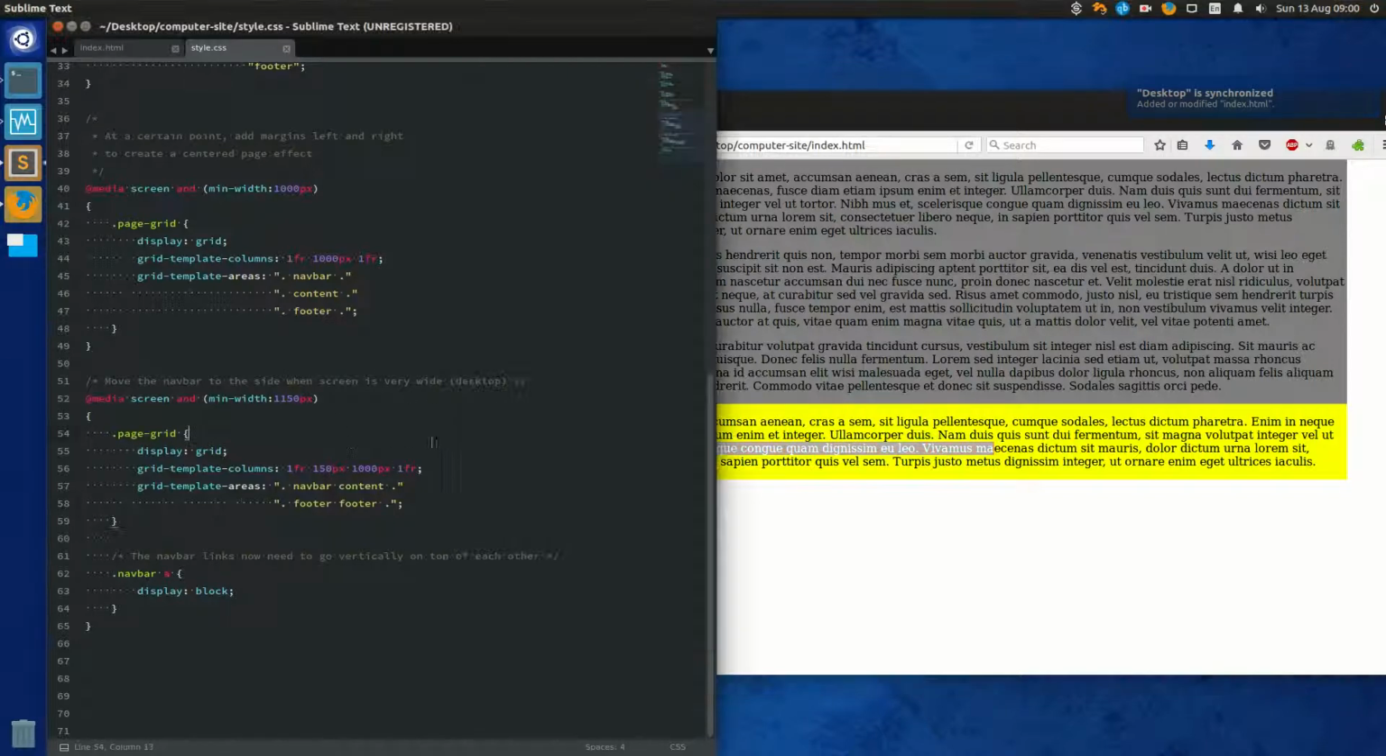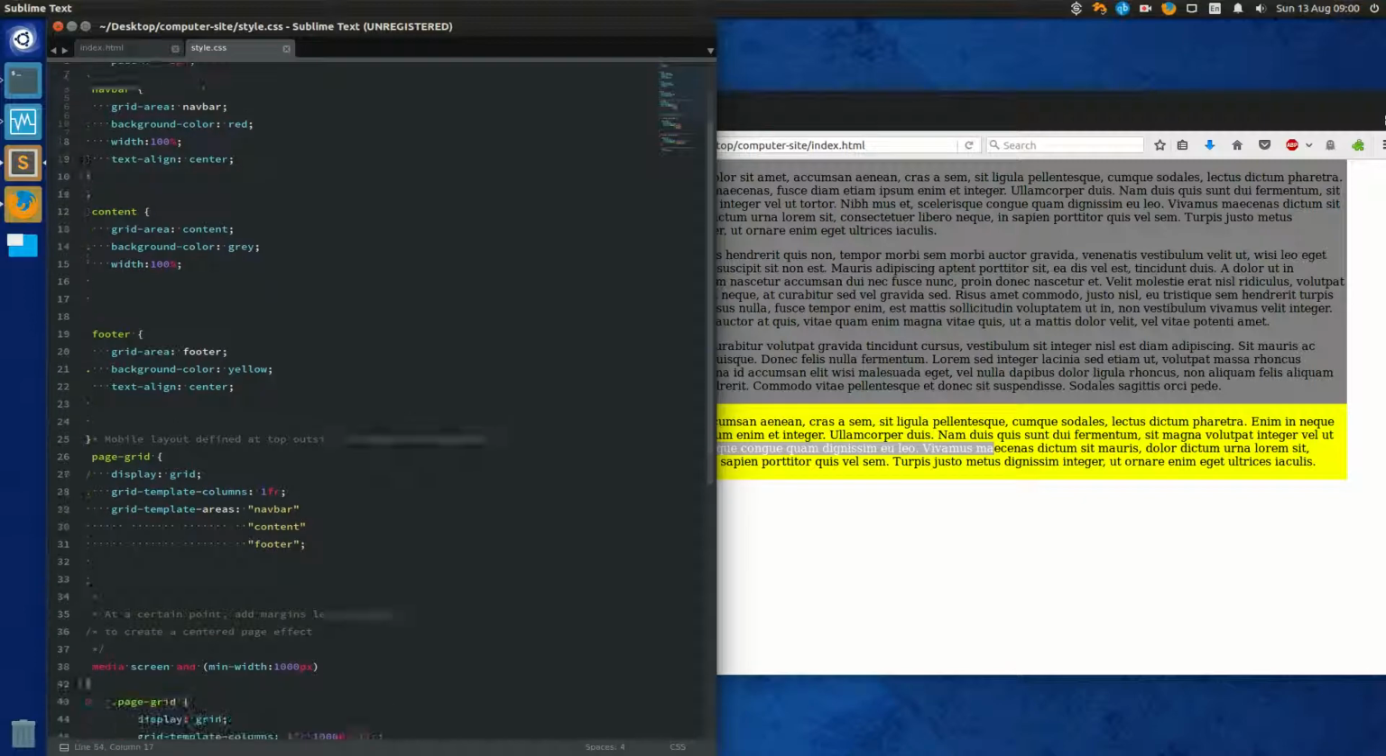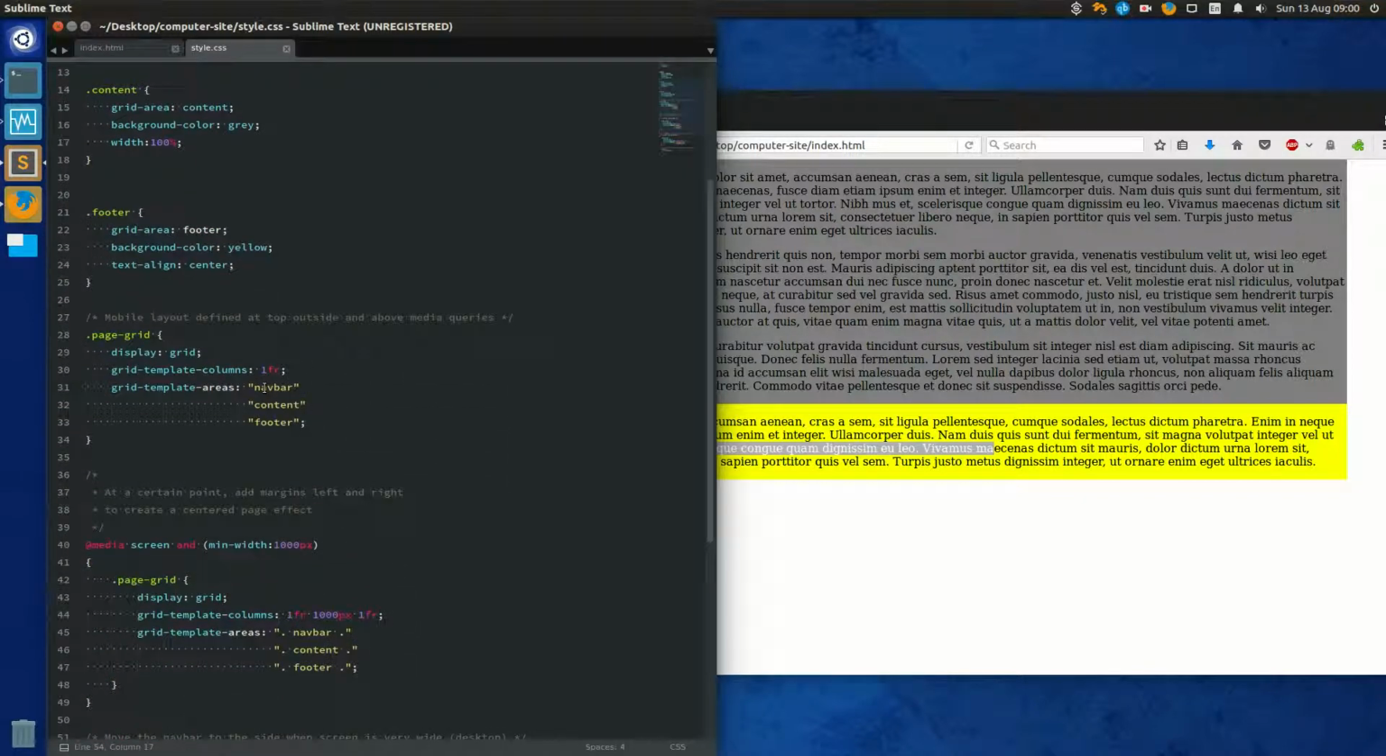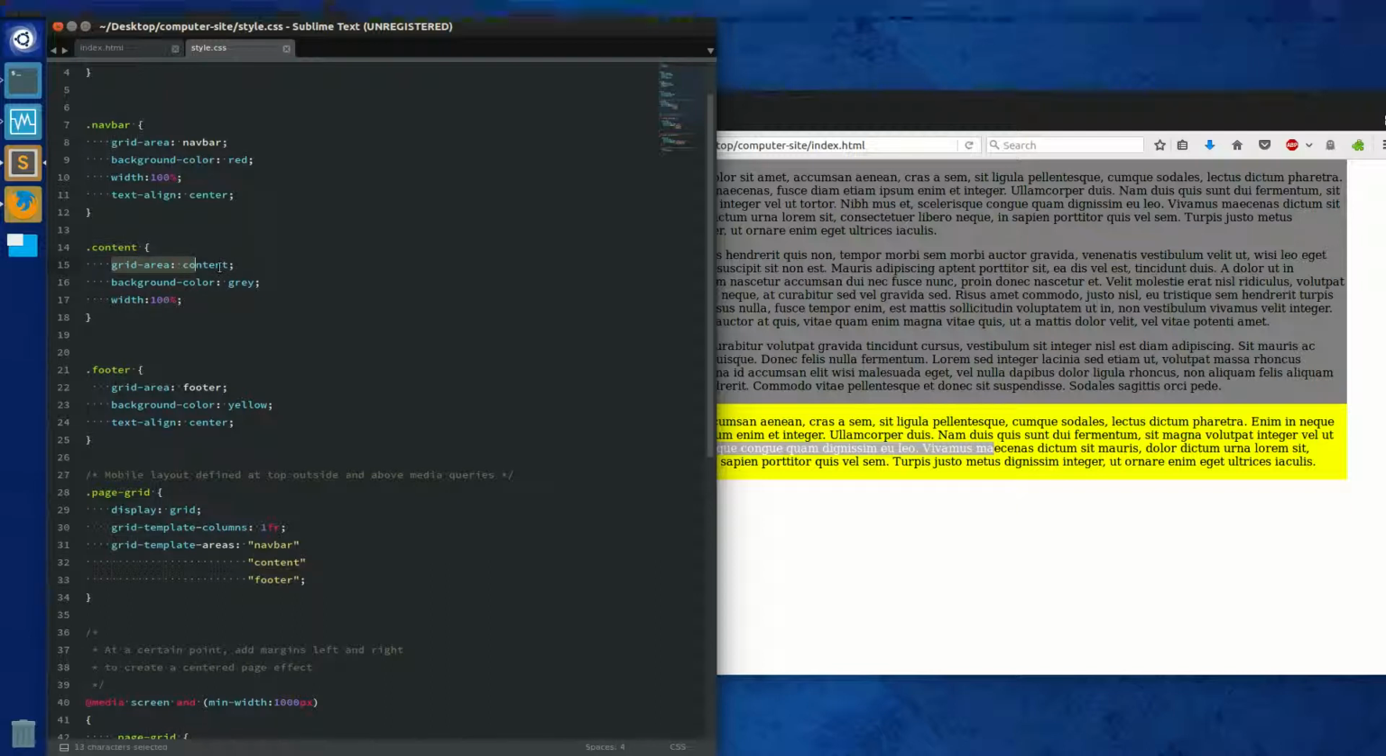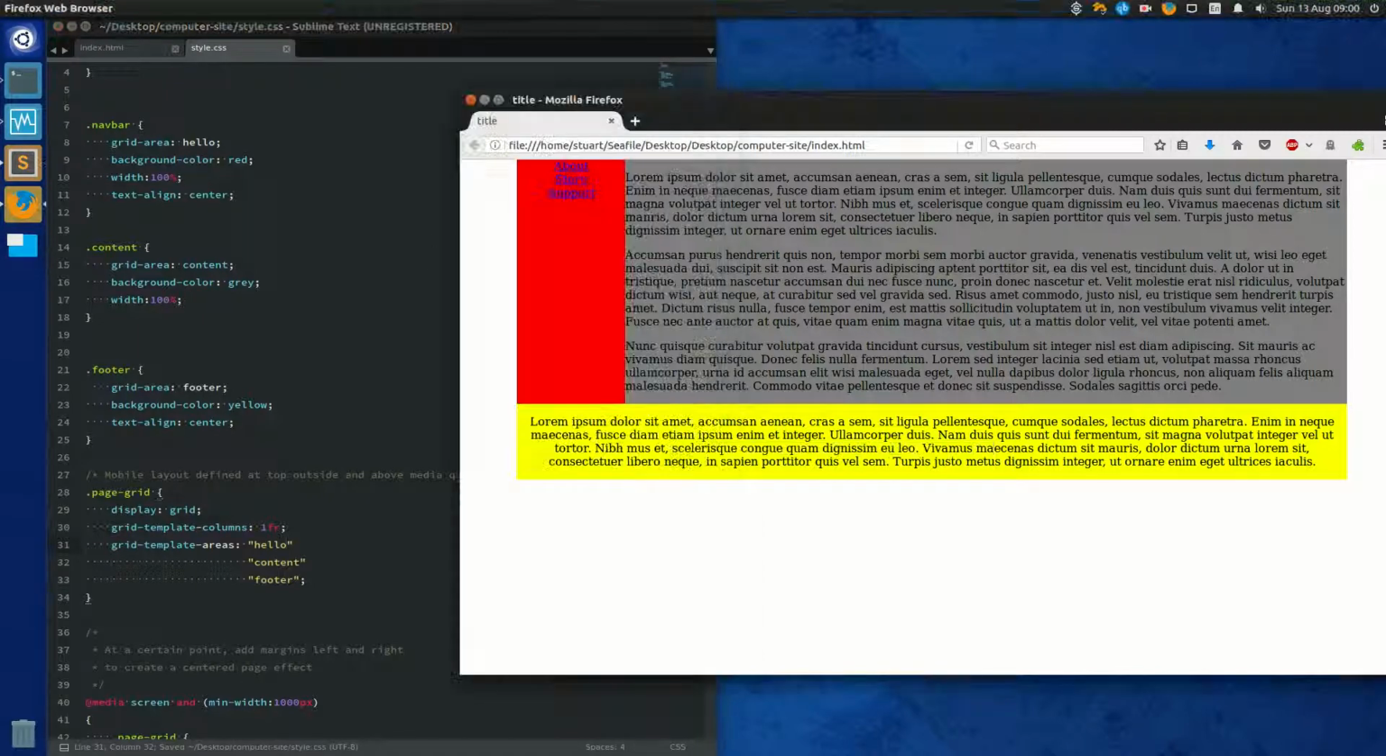So that's that. The key thing that I learned here is these names for grid template areas need to relate to the grid area name you put in here. It's not the class name necessarily. I named the two to be equal to save confusion. But if this was hello, this would need to be hello. And then this will,